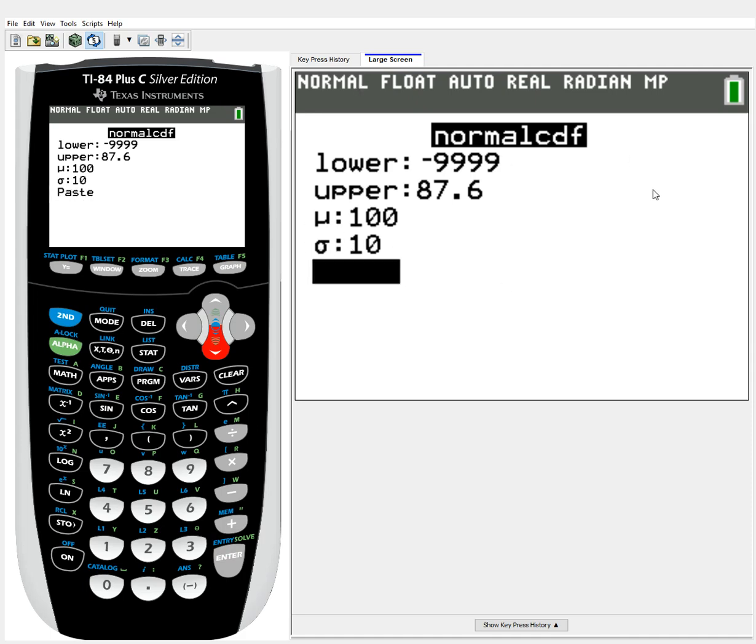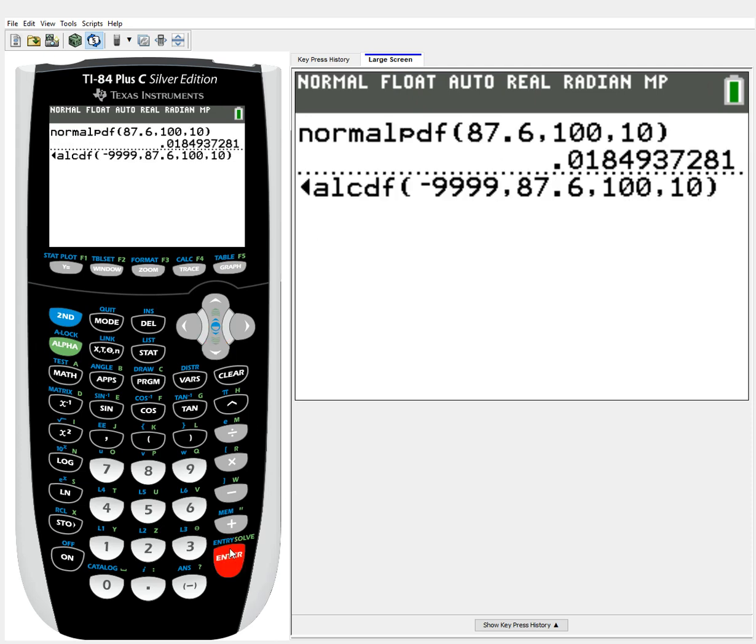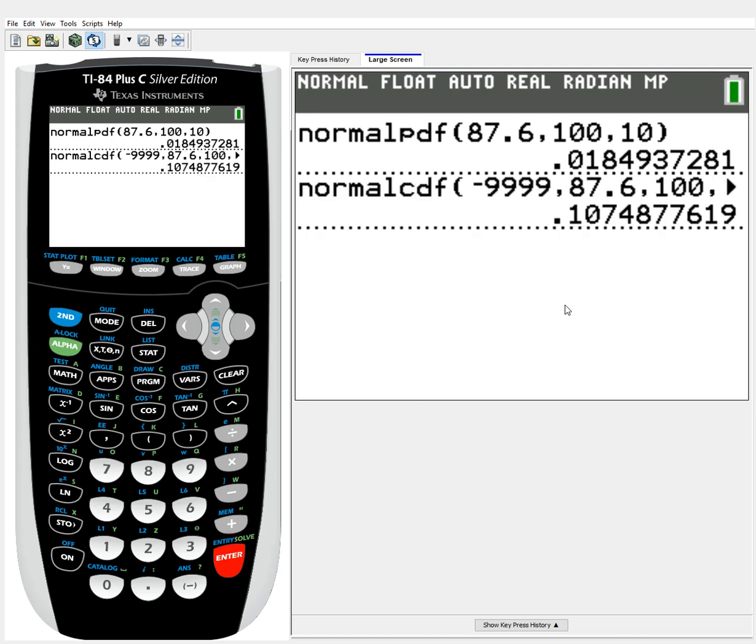So when I have all the values plugged in, I want to hit paste. It pastes it to the front. Again, if you do not have an 84 plus that has the wizard, you want these 4 values. The lower, the upper, kind of like when we were dealing with random functions in the previous video. So lower and upper followed by the mean and the standard deviation. Again, these are always your last 2 values. I hit enter, and there we go,